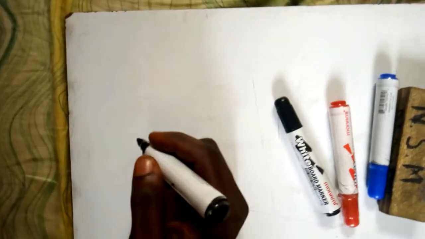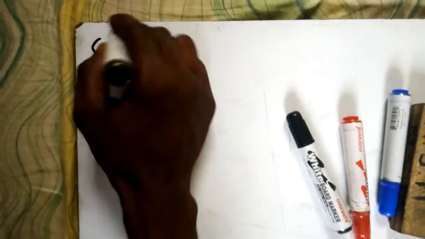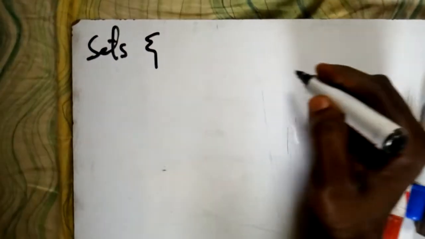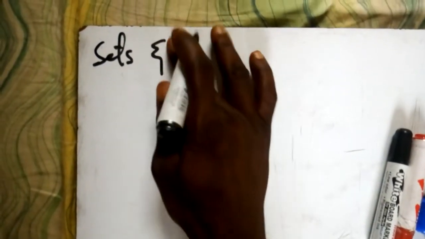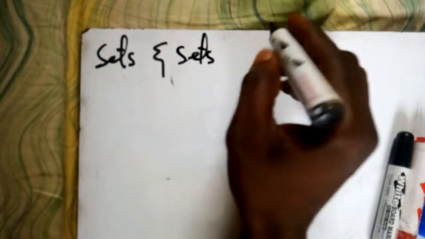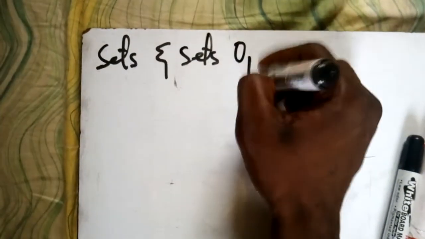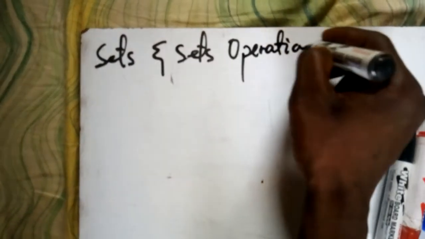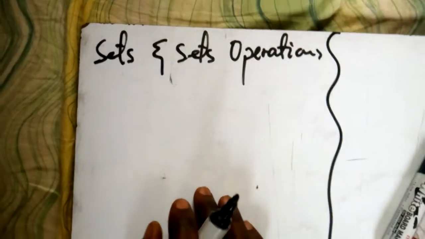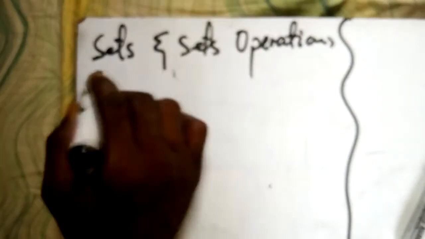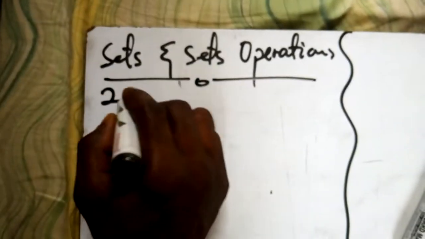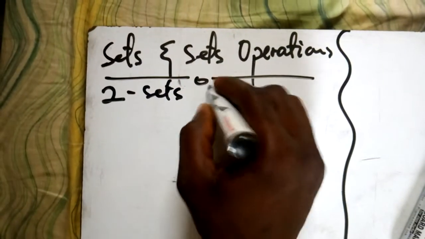The topic is sets and set operations, and under that we are going to have a look at two set problems and De Morgan's law. De Morgan is one of the mathematicians who proved some identities. So in no time we will have a look at that. Under this we will talk about two set problems